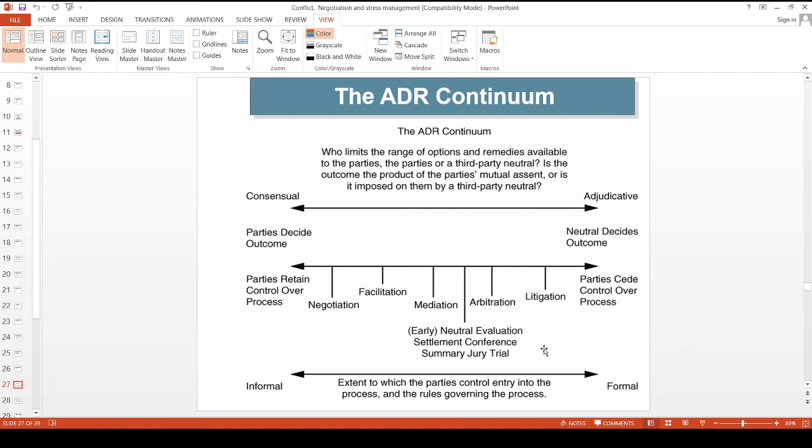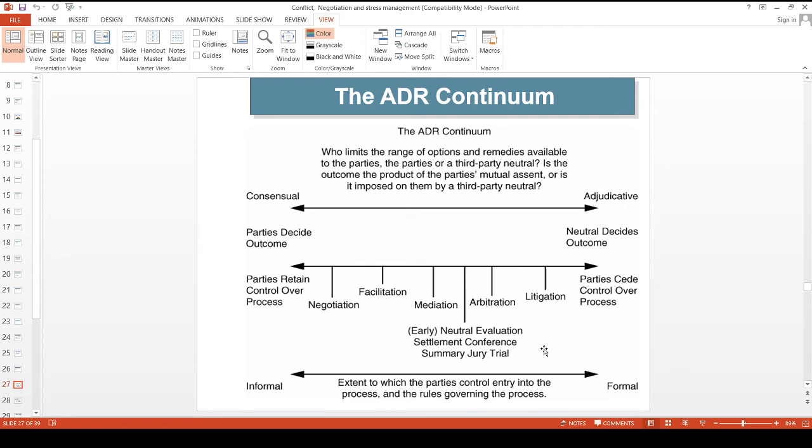After mediation, we also discussed arbitration. Arbitration is again a more formal process. It is the same process as mediation, but the facilitator or the mediator who has the authority to resolve the conflict between the two parties has more legal authority to resolve the conflict as compared to mediation. Sometimes the court will decide about a particular person or individual who is usually appointed by the court, who has the particular legal authority to resolve the conflict.